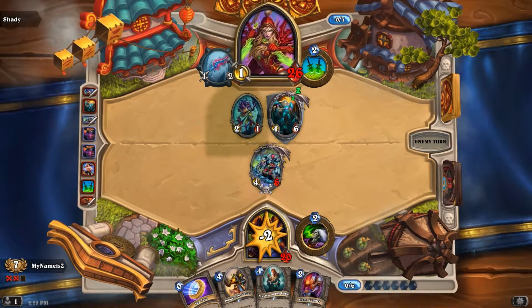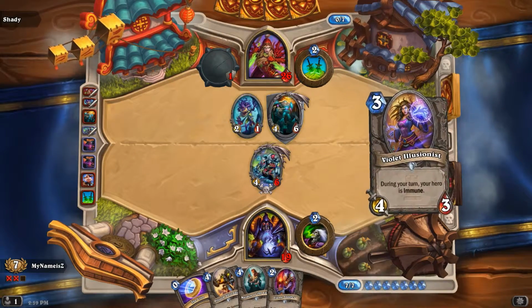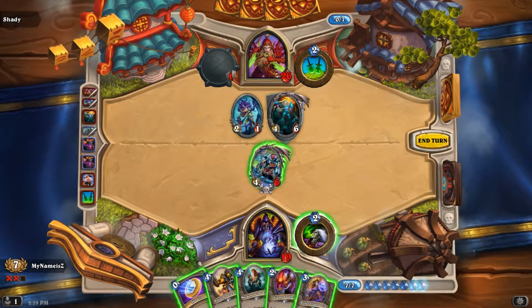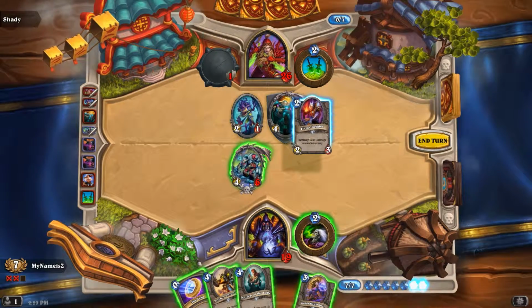Still trying to tempo. Looks like he's got cheap cards in his hand because he's willing to dagger up next turn. So we'll take advantage of that. How about... should we tap? I think this is okay. If we take this...